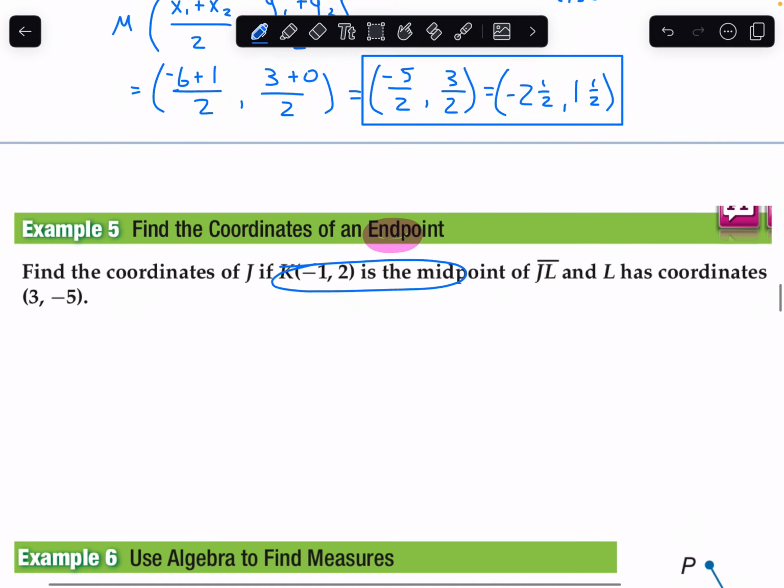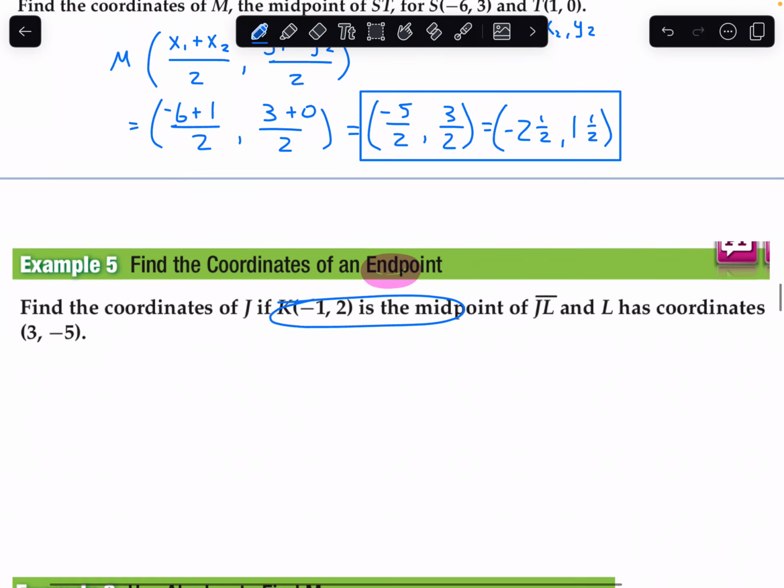So I already know that K is the midpoint. So this operation up here comes down and it will be equal to K,